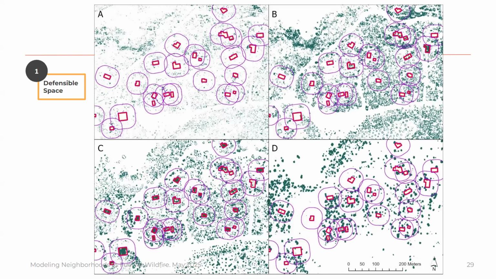I created 4 rasters. Panel A here, all panels are showing the same spatial area. Panel A is canopy cover of vegetation or any object that's from 0 to 2 meters. And then within we're looking at red Microsoft building footprint and the purple defensible space buffer around each building. And so within the defensible space buffer, I got the average canopy cover at 0 to 2 meters in panel